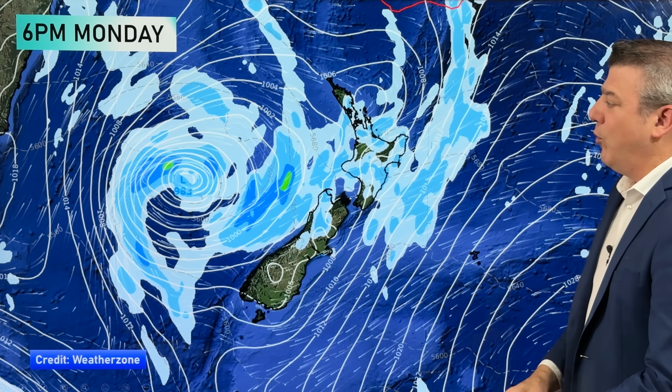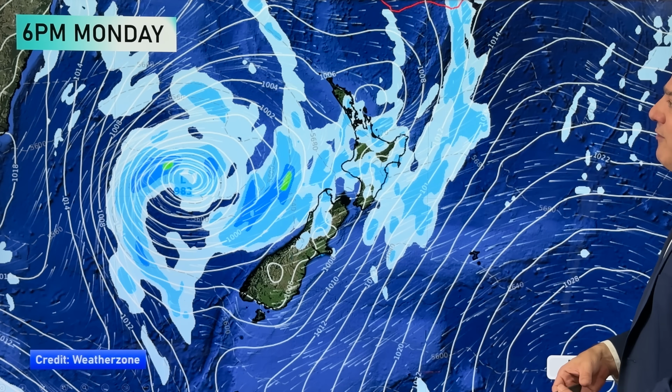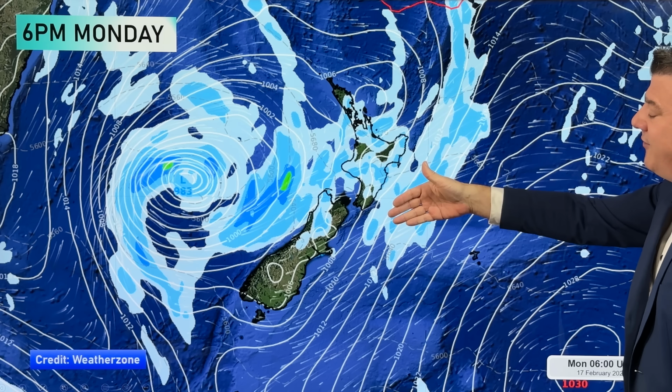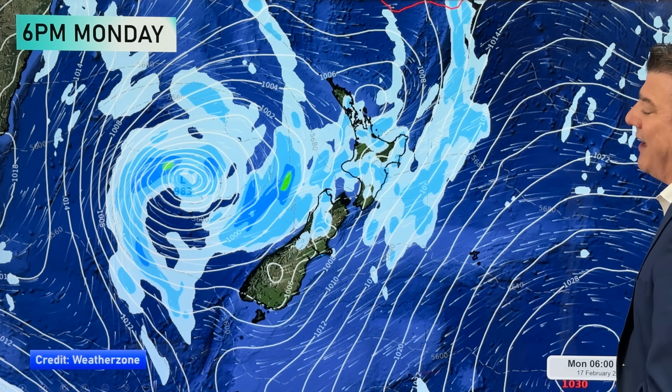And that's the kind of weather we get, especially at this time of the year when you've got low pressure falling apart. It's got a bit of energy to make a downpour, but not necessarily make it widespread for everybody. So you'll see patchy rainfall totals around the North Island. And as we go into Tuesday, that's when you'll get more of that rain moving into the west coast